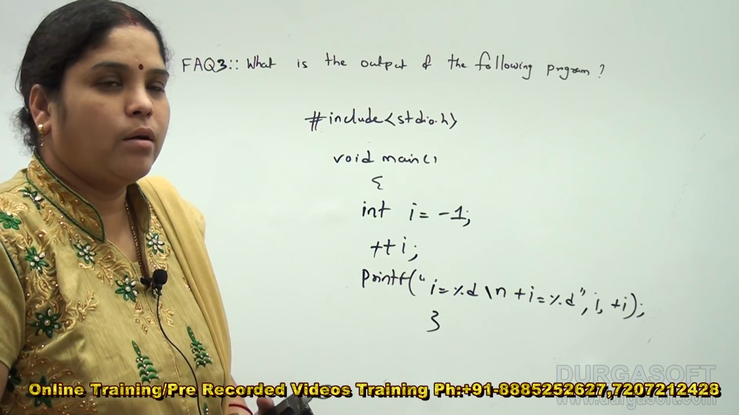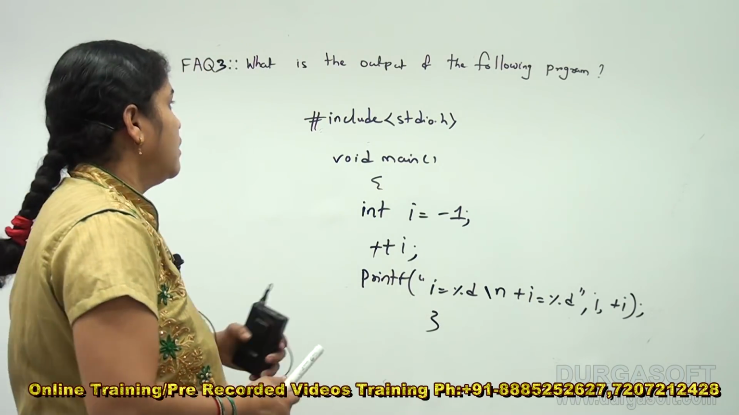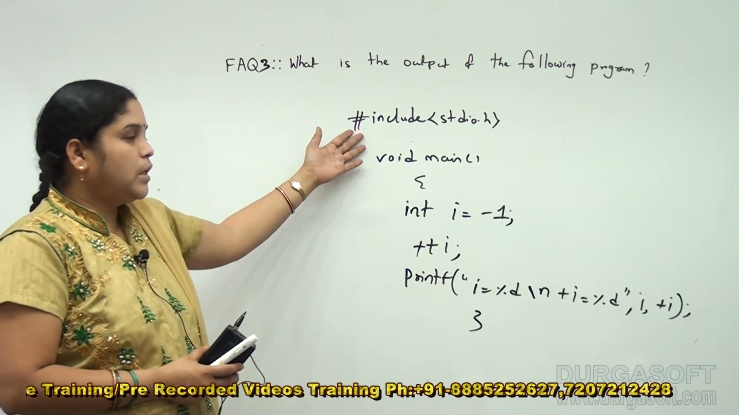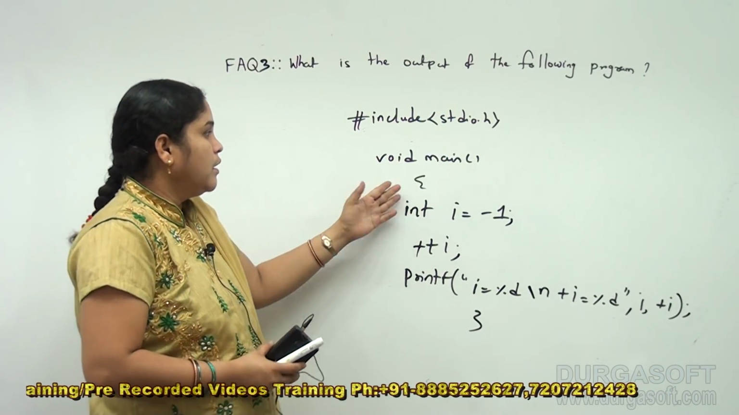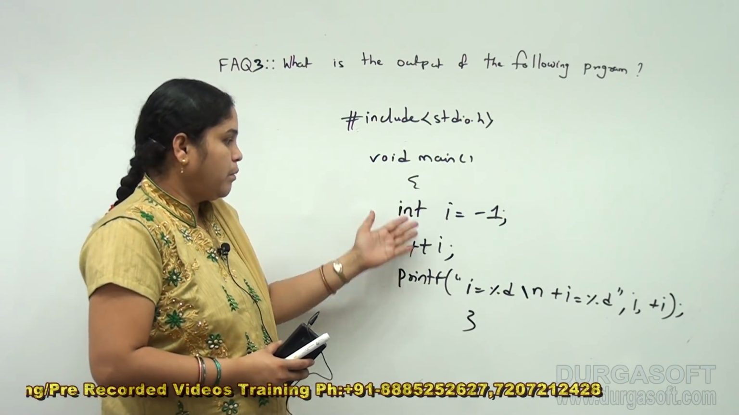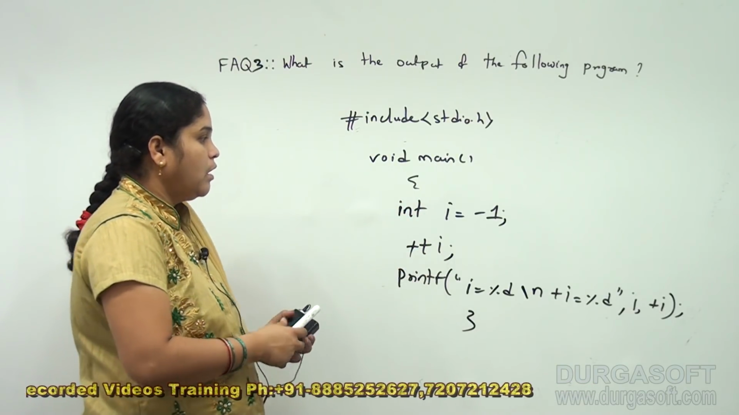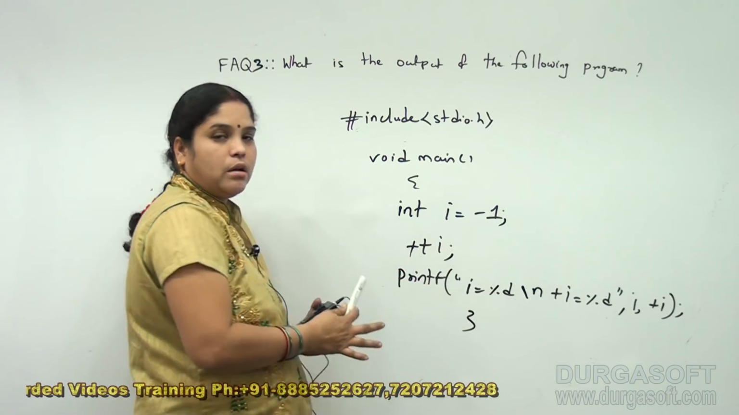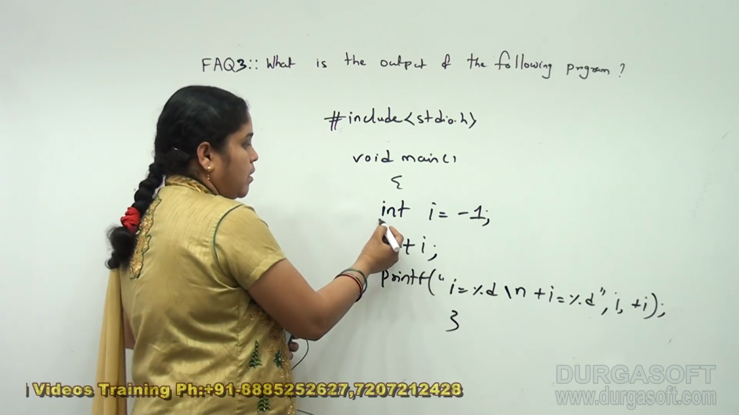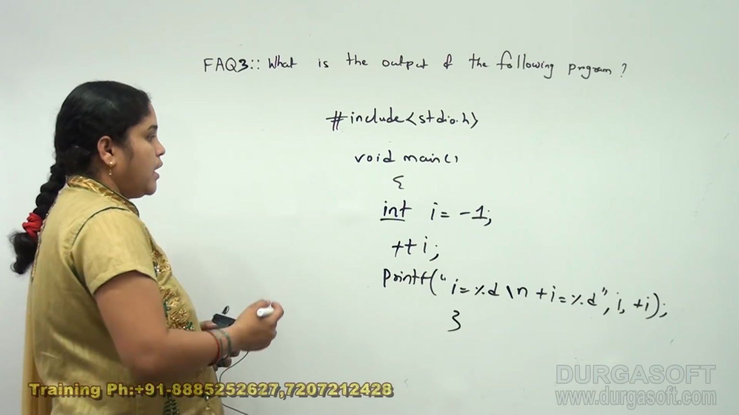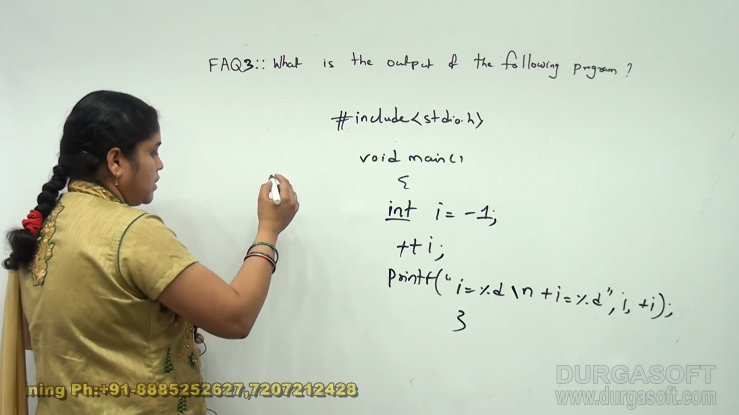So the next program, FAQ3: what is the output of the following program? Declare the header file, then the main function, and start your program. Within the block you have mentioned i equal to -1. The integer data type assigns positive values and negative values. The range of the integer value is